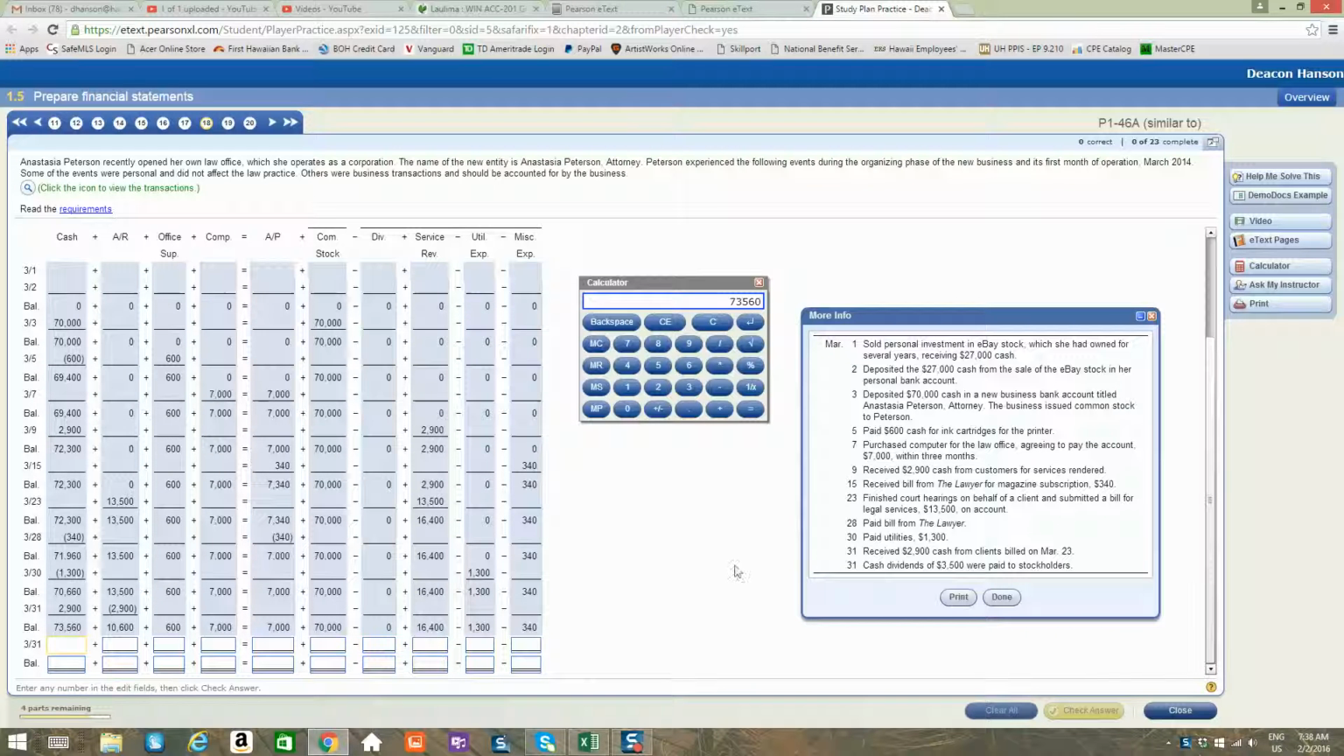Received 2,900 cash from clients billed on March 23rd. Okay, we just did that one. I'm sorry. Okay. The last one, cash dividends of 3,500 were paid. The key word here is paid. That means that we're going to subtract